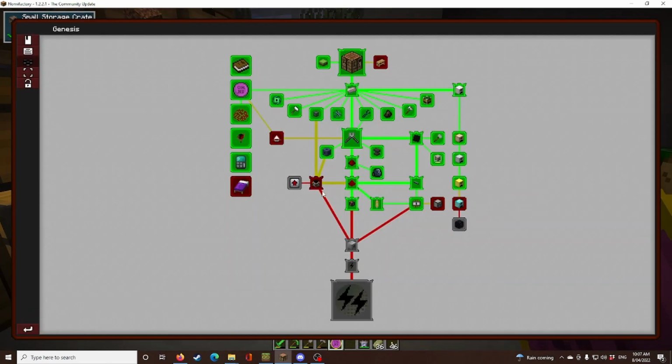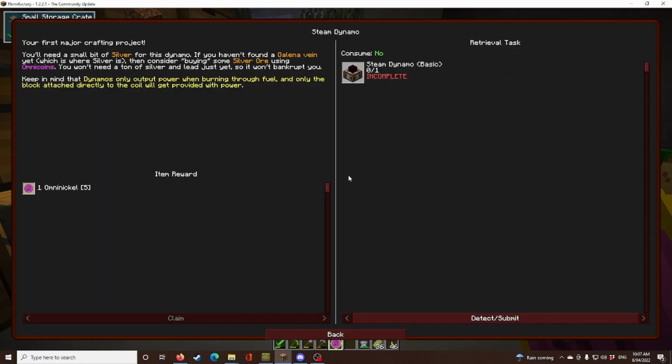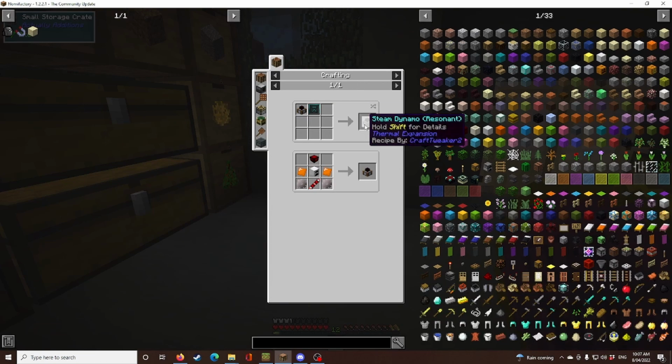Okay, now that's that, and then we need the steam dynamo. First major crafting project, you'll need a small bit of silver, which is fine, I've got that. If you haven't found a cleaner vein, consider buying silver. You won't need a ton of silver and lead just yet, so it won't bankrupt you. Keep in mind that dynamos only output power when burning through fuel, and only the block attached directly to the coil will be provided that power. Yep. So, steam dynamo